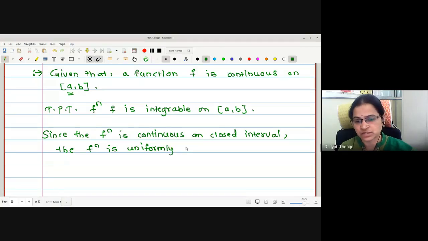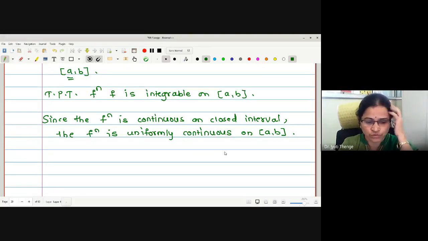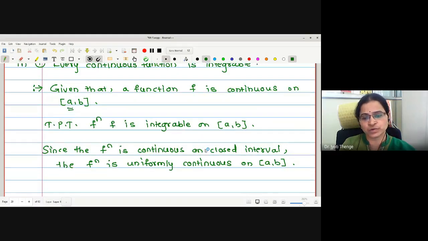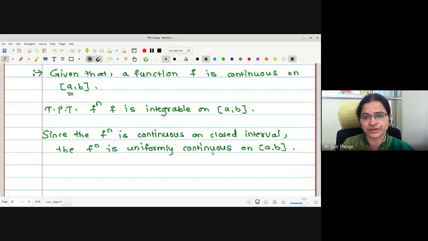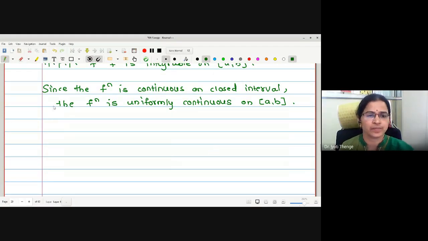Epsilon we are not going to use, because epsilon we are using for proving the condition of integrability. Therefore, here I will use another positive number, say eta. By definition of uniform continuity,